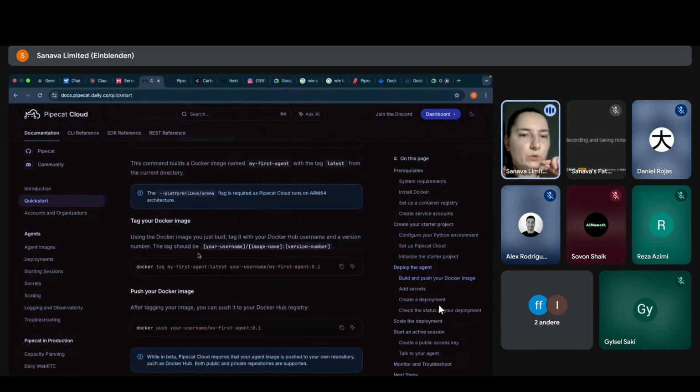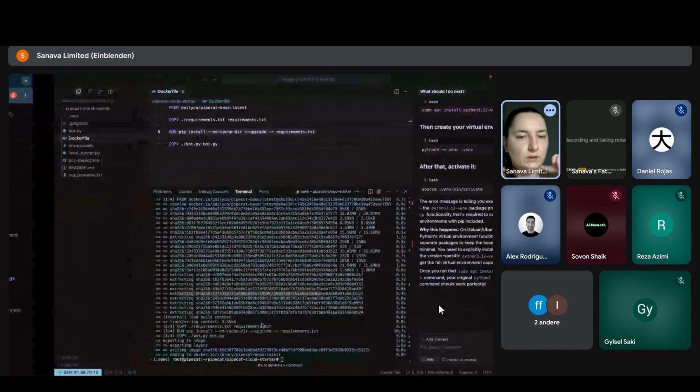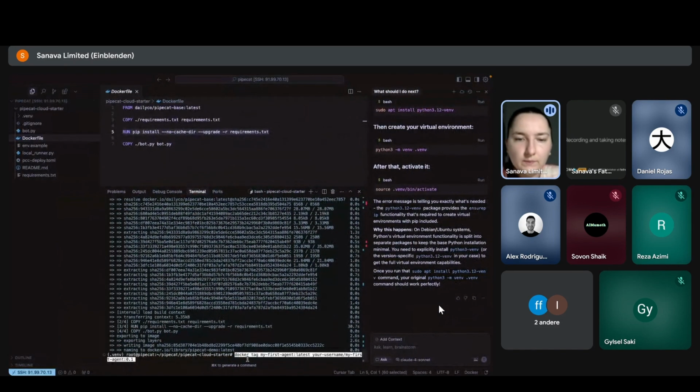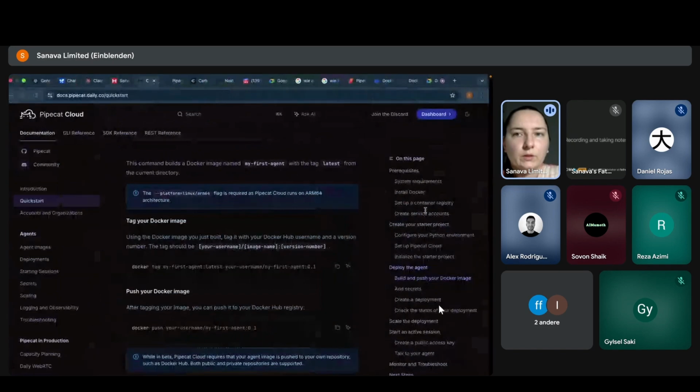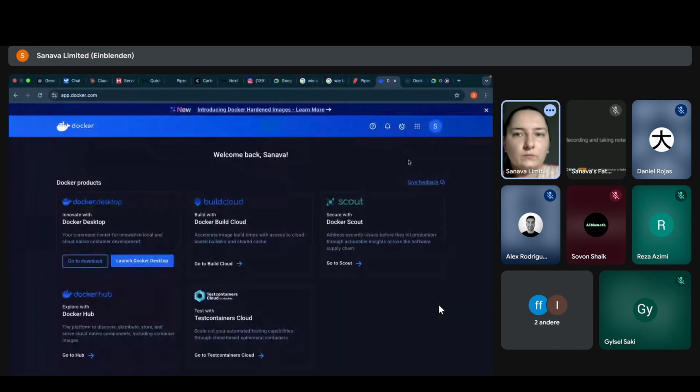Then it says we should tag our image here. Let's do that. Now remember to change that to the name that we gave it. What did I name it? Pipecat demo. And you need to change this to your username in your Docker account, which is